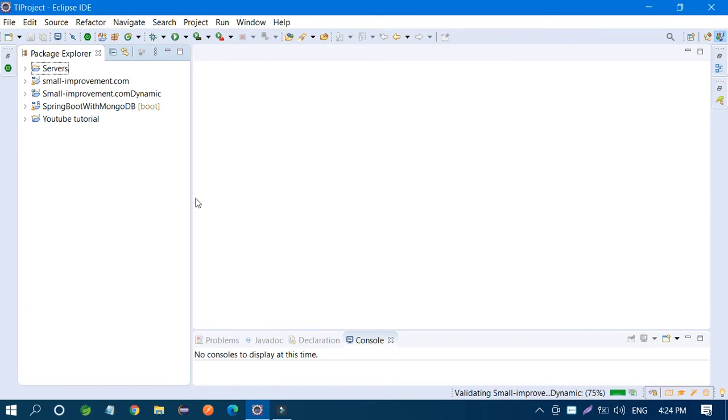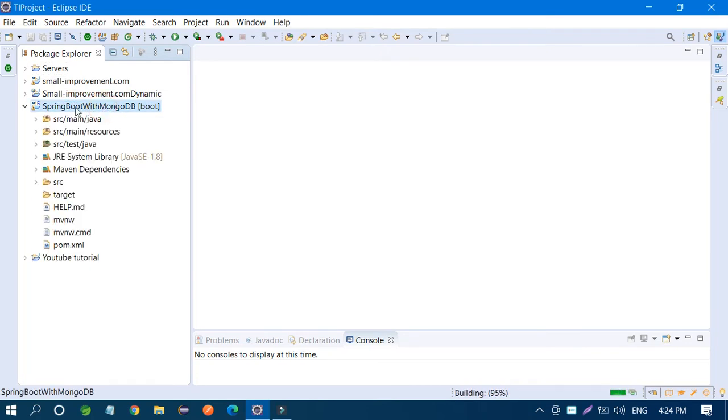Then next, what you have to do, you just click on your project and expand it. So this is your architecture or structure, we can say, with Maven. This is your pom.xml file where you can add your dependencies, and you have already added Spring Web and Spring Data MongoDB. You can see it's already arranged for you.